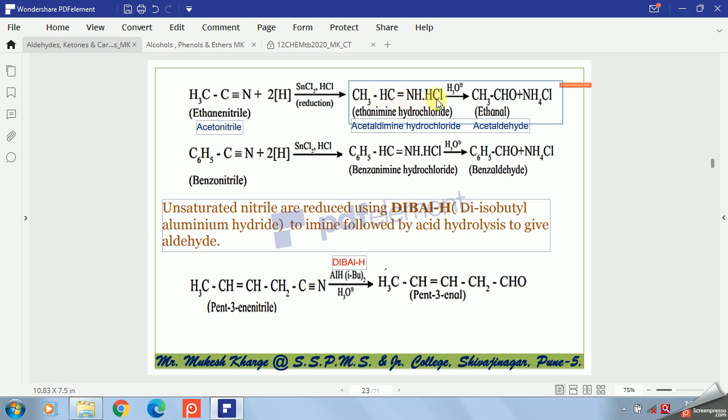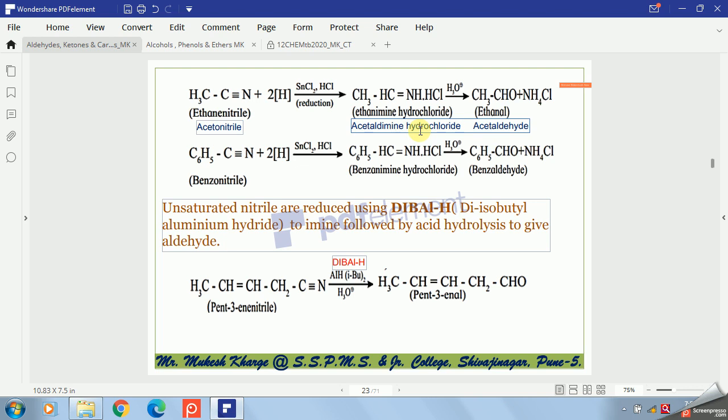CH3CH=NH.HCl. So it is 2 carbon, so ethane, replace E by imine, ethanimine hydrochloride, or your compound is acetonitrile. And your product is acetaldehyde. So acetaldehyde,